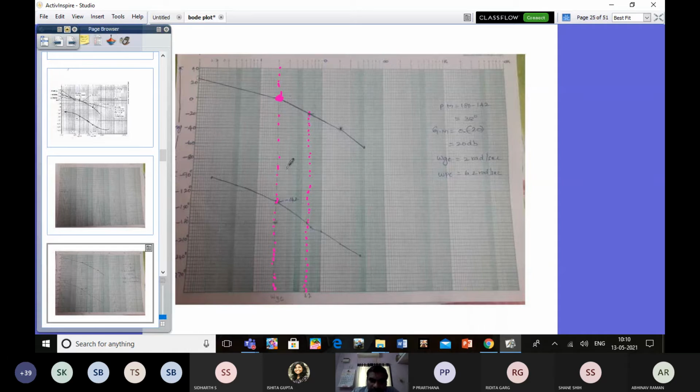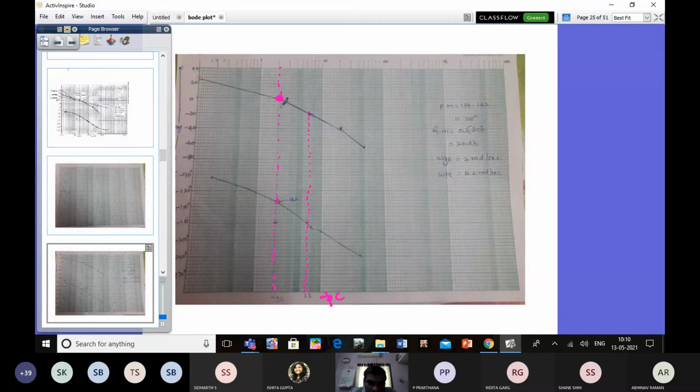So you can see here the intersection point where it is minus 180 degree. What is that frequency dear? Arshit? No. What is the name of such frequency? The phase crossover frequency. You can extend that line and see where it is intersecting. That point of frequency we can call omega PC.